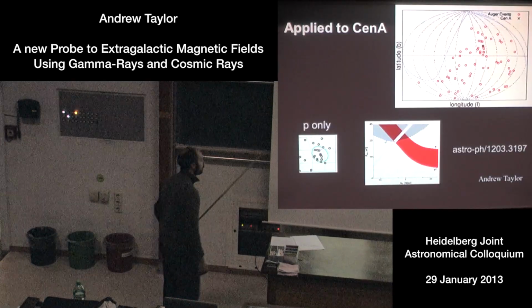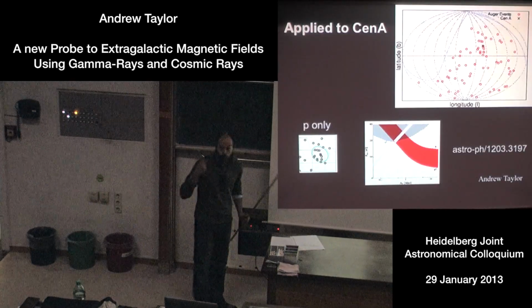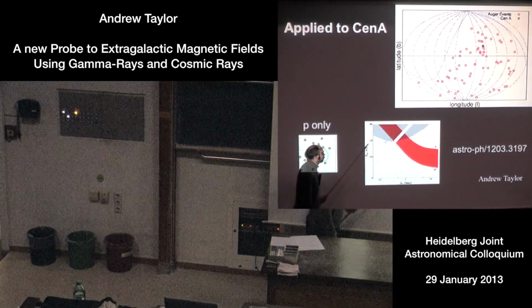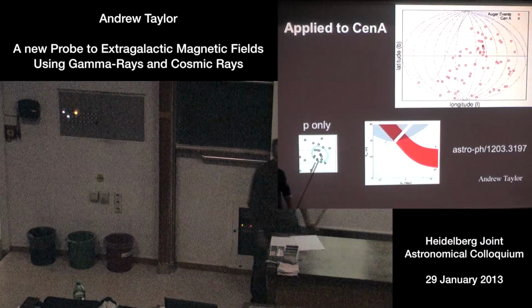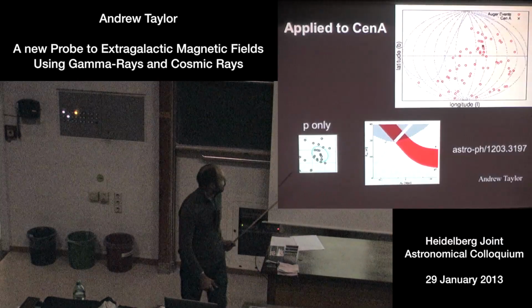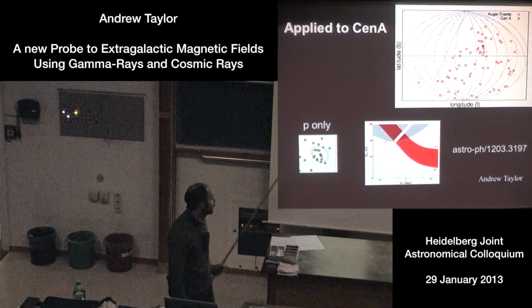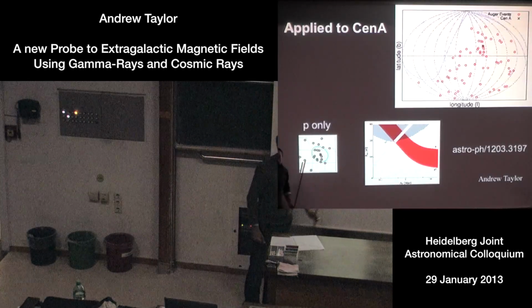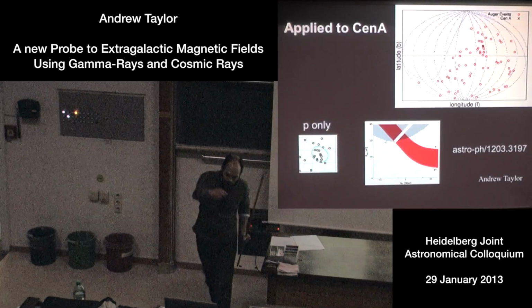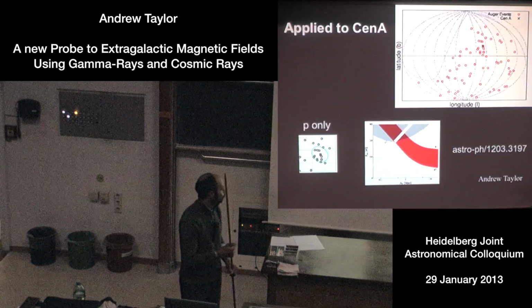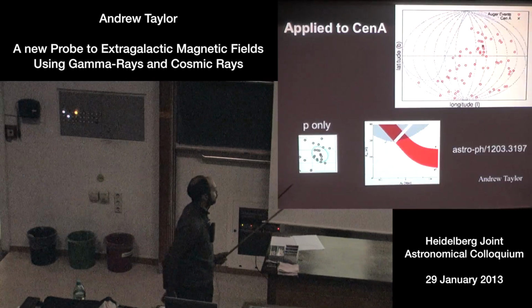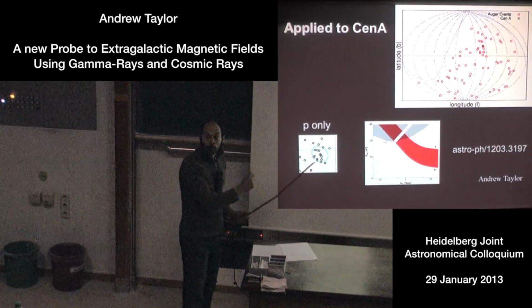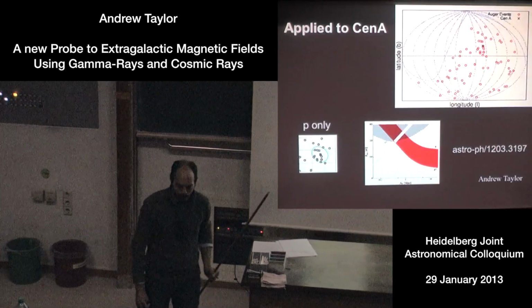And in terms of field strengths, if the cosmic rays are protons, the field strength that you'd need in that direction is of the order of 20 nanogauss. They're strong. But then it could be that Cen A, of course, is a local object, so that you've not really gone into the proper void region, so you're not probing real extragalactic magnetic fields. Anyway, this is suggesting itself as a probe, and that's the point I wanted to get across.